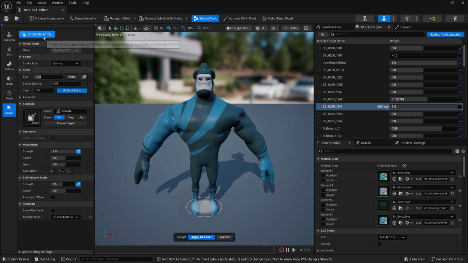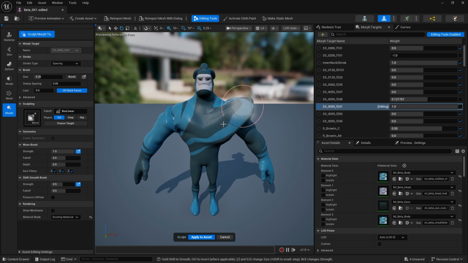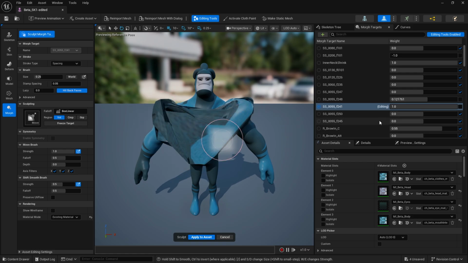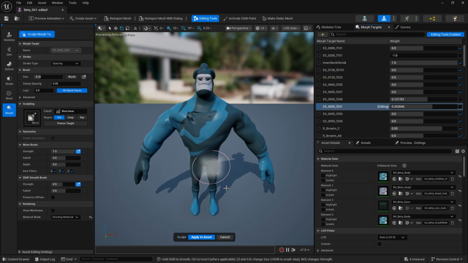You basically click on Sculpt Morph Targeting, and then you select the brush, and then you can start playing around with the character. Of course, this is a very bad thing to do, but if you can see what's happening, you can play around with all these values, and that way you can create new blend shapes, new poses for your character with the newest tools that weren't previously available to us inside Unreal Engine. Of course, if you apply it to the asset, those changes will be applied.